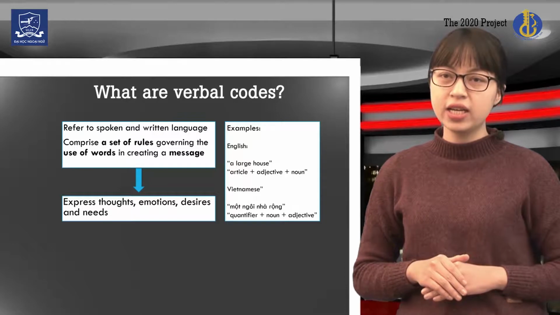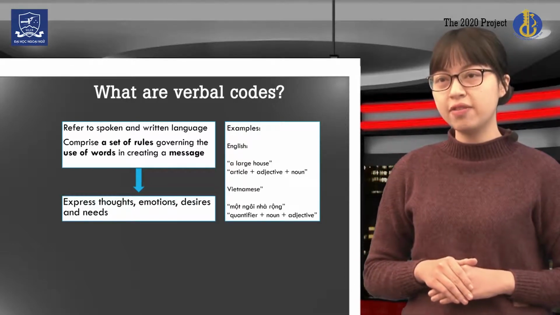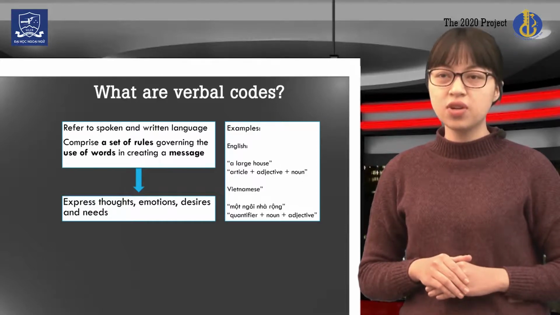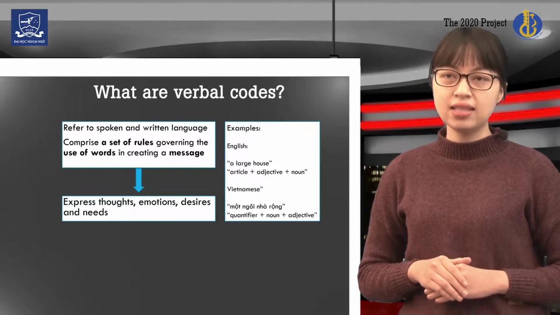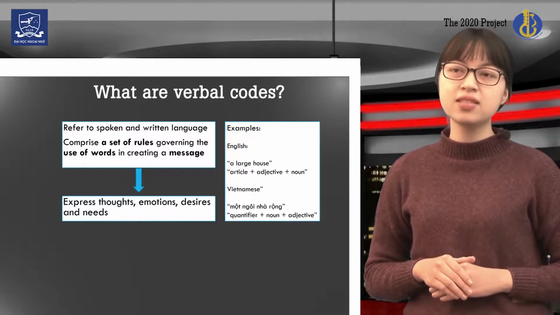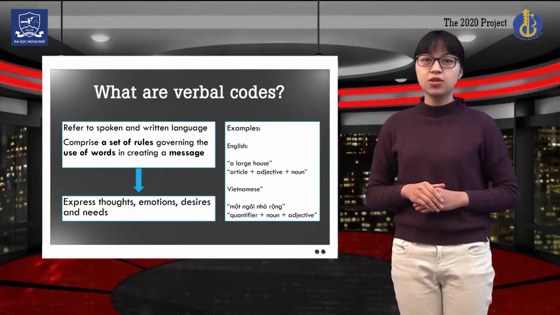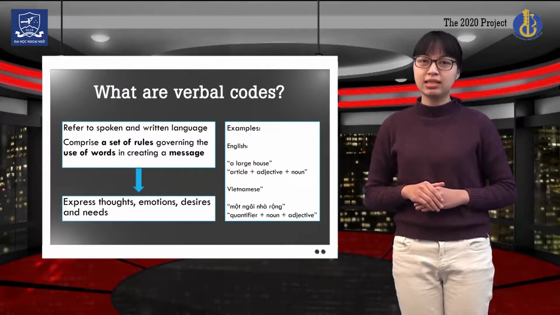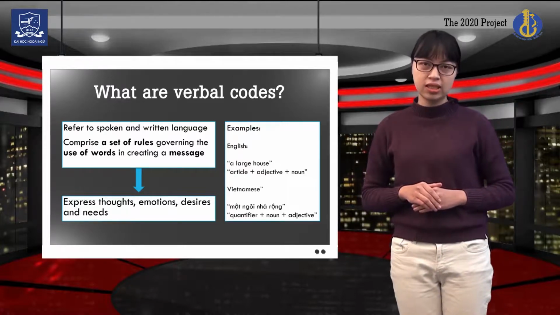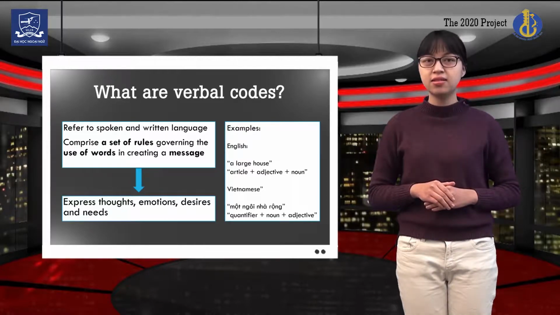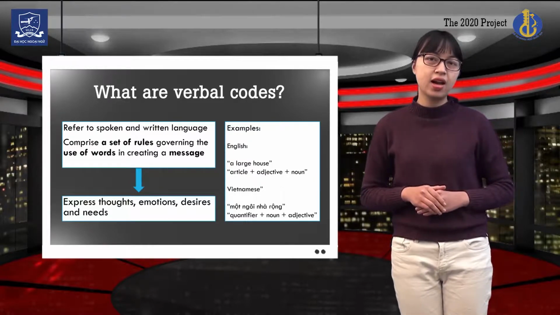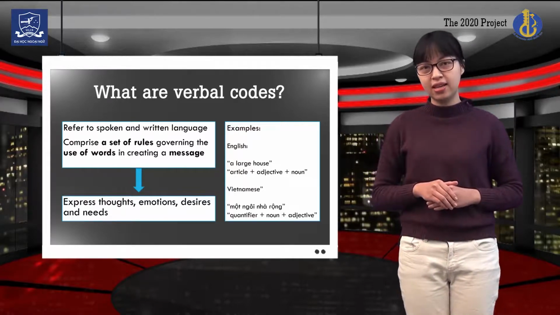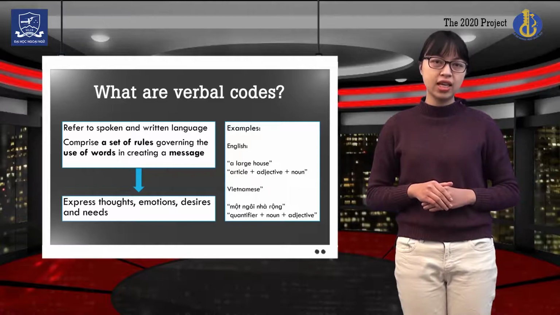For example, if we want to describe a house in English, we use "a large house", the structure of which is article plus adjective plus noun, whereas to express the same ideas in Vietnamese, we use "một ngôi nhà rộng", the arrangement of which is quantifiers plus noun plus adjective. So, as you can see, we want to express the same ideas, but the set of rules in each language